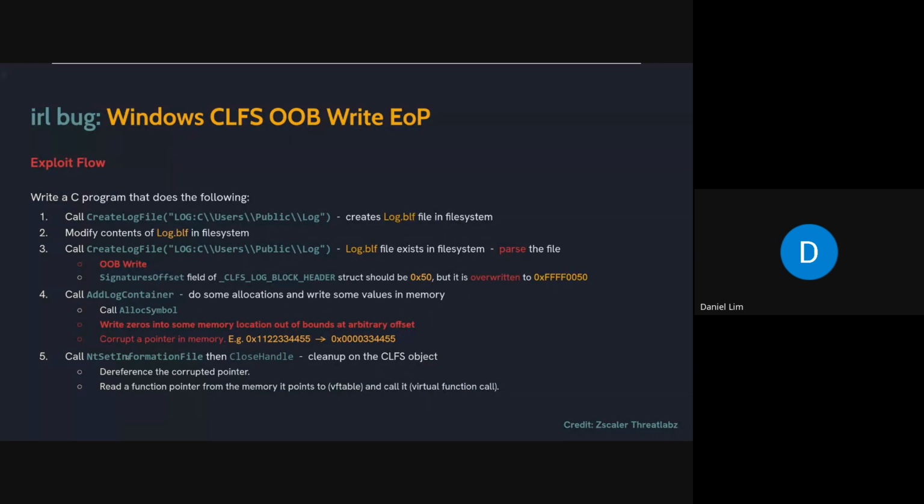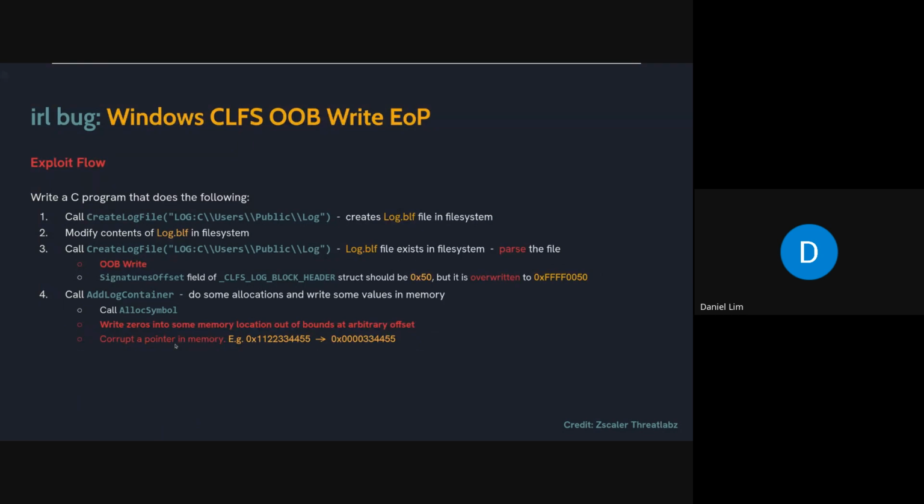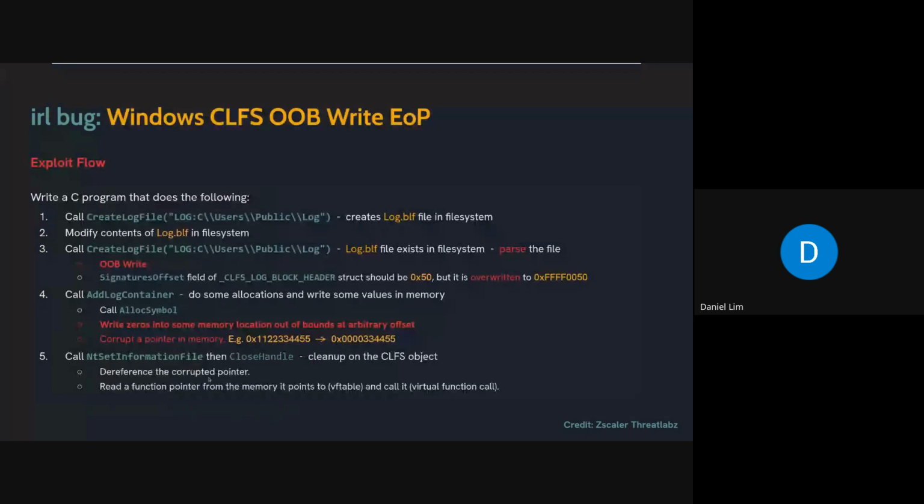Then when you move forward and call these 2 functions to do cleanup, it will try to call the destructor or some cleanup function. So you dereference this pointer, so you purposely choose an offset to corrupt a pointer that you want to use over here that is being used by the cleanup process. So you purposely choose an offset for v9 so that you overwrite and corrupt the pointer that is being used by close handler. And then close handler will read this pointer, and then it will find the VF table inside of it and